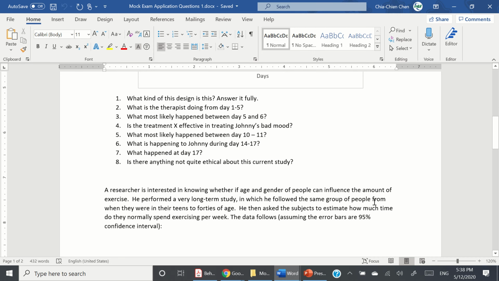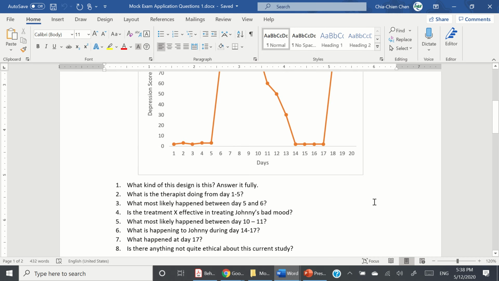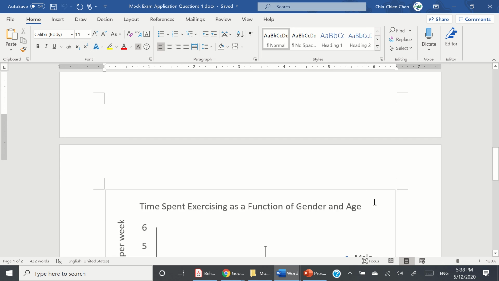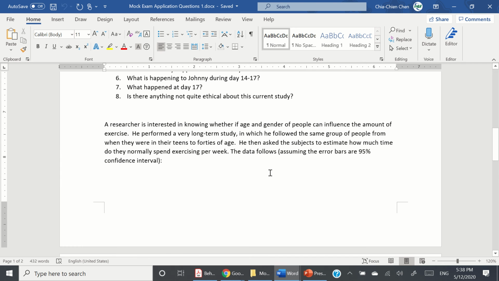Okay, so I think that's about it for this question. Now let's talk about the next question. A researcher is interested in knowing whether the age and gender of people can influence the amount